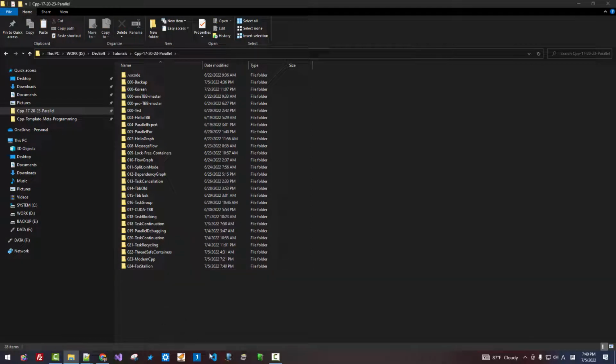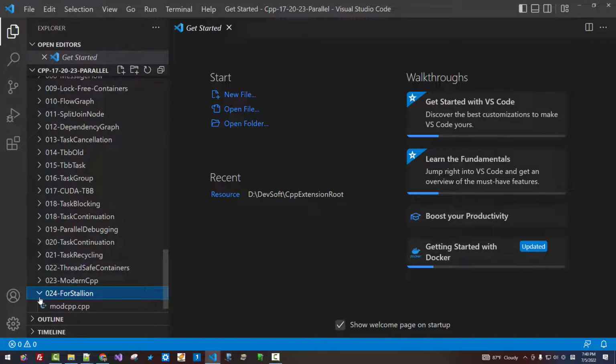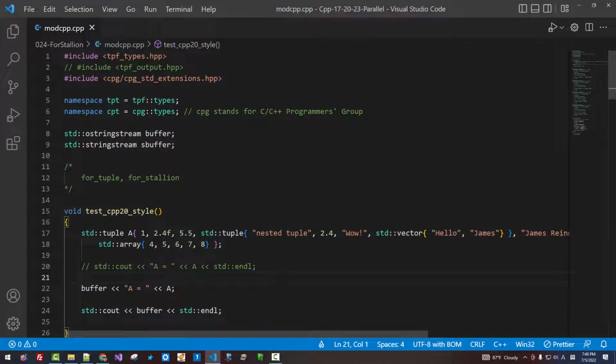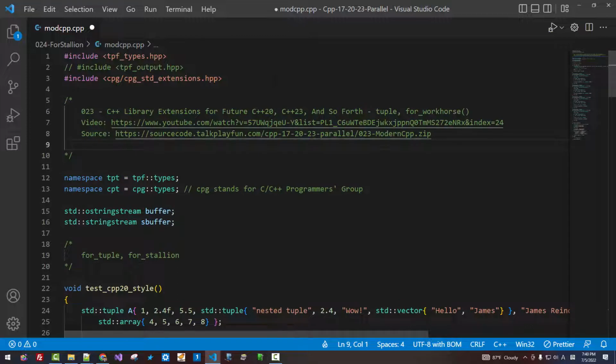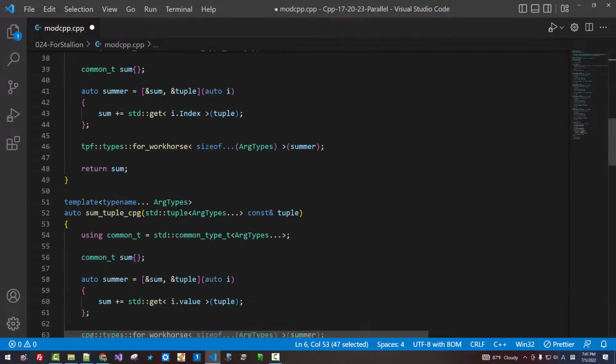Now start Visual Studio Code. In the File Explorer, from folder 24, double-click this file. We created this file in our previous episode. So if you haven't watched my previous episode, you may not be able to follow my current session. I will use these libraries all the time in future sessions. Now scroll down. Here,